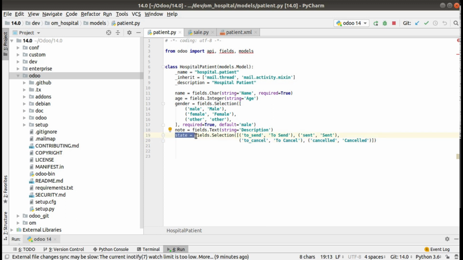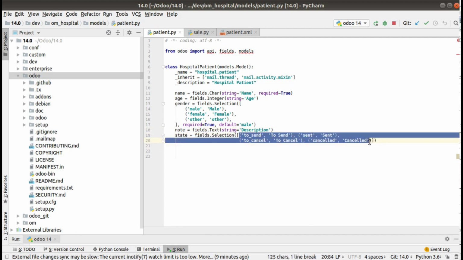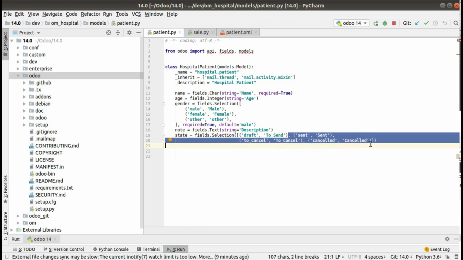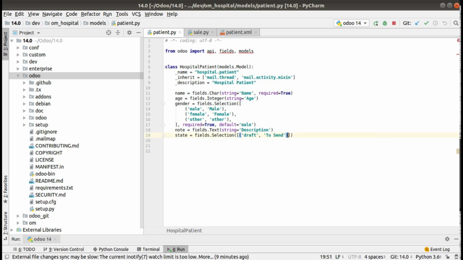You can give other field names too, but it is better to go with the reserved keyword, state equals fields.Selection, and inside this you can specify all the values you want to see inside the status bar. So I'll be adding a draft state. The syntax is like this. I'll just remove all the values and keep it simple.